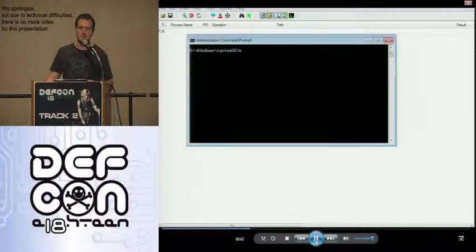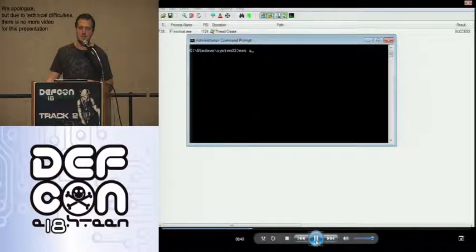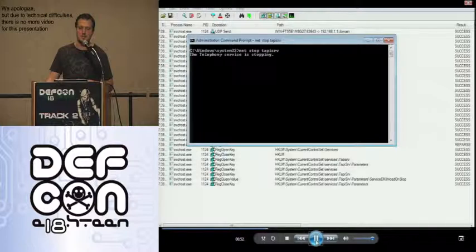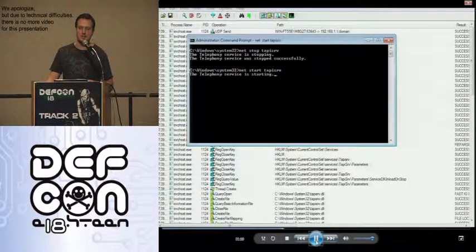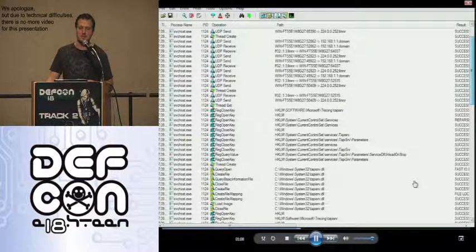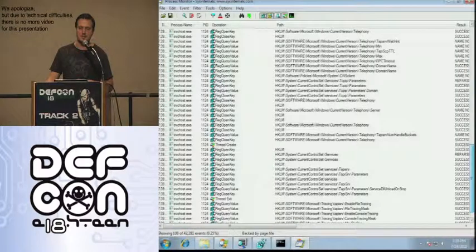After running the tool, I have to interact in some way with the service, so the service will perform some action that will be captured by the tool. So what I did was stop and start the service, and you can see in the background the tool is capturing activity. I stopped the service, then I started it again, and a lot of activity was being captured. When looking at the capture, there were a lot of things, so I started to look around, and there was something that got my attention.